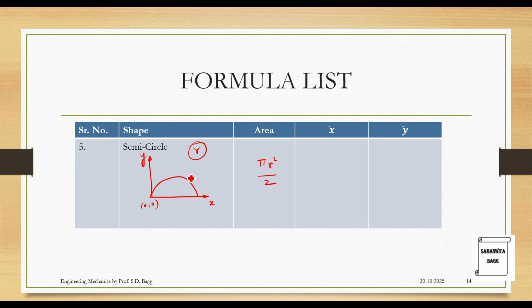Then we have to calculate x bar. So for x bar, again it is half of this shape, and for this height over here, this is the place where it is to be marked. This is your G. It is x bar comma y bar. And this gap over here is nothing but 4r by 3 pi. This is something that you have to remember. So when you are standing here, this x distance is nothing but the radius. This height over here is going to be 4r by 3 pi.